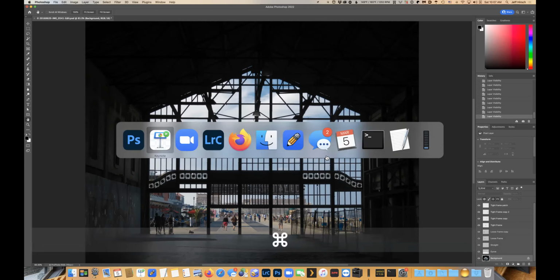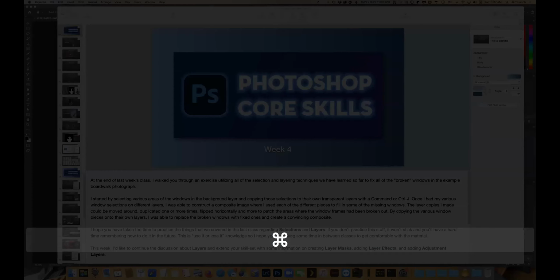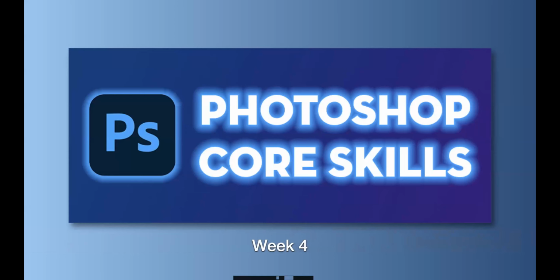So this week, I'd like to continue this discussion about layers, and I want to extend your skill set with some information on creating layer masks, adding layer effects, and adding adjustment layers. There's some special things we can do with layers. If time permits, we will also talk about some of the basic painting tools like the brush and the pencil